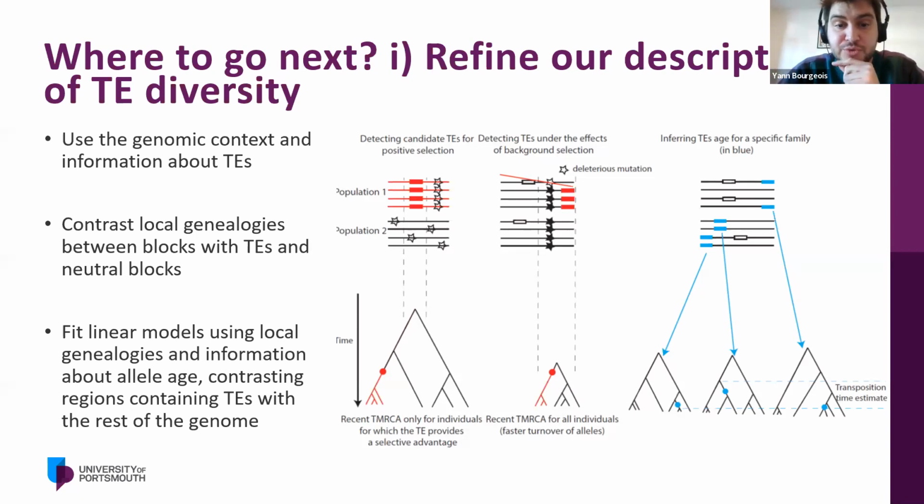But what would be very interesting in the end would consist in using more information and building models that will allow us to estimate a selective coefficient, for example, and to estimate even the distribution of selective coefficients against or for Ts insertions. So an idea that I hope to get funded at some point would consist in estimating